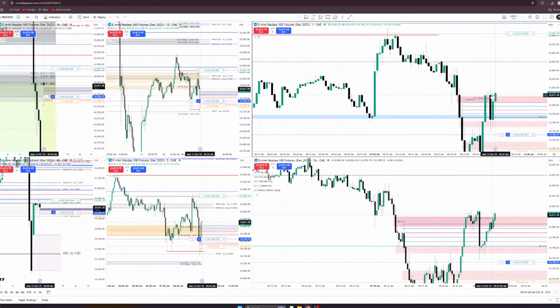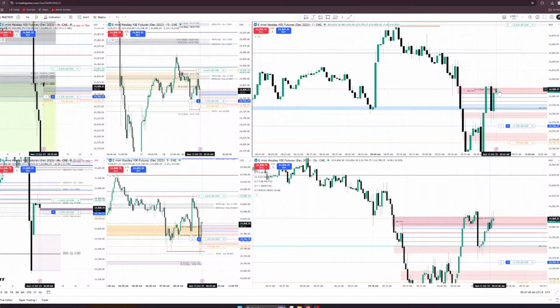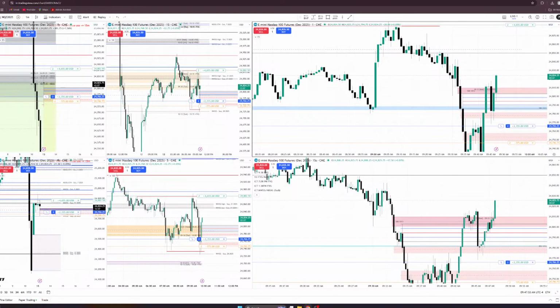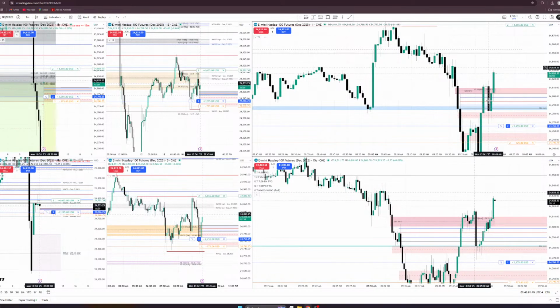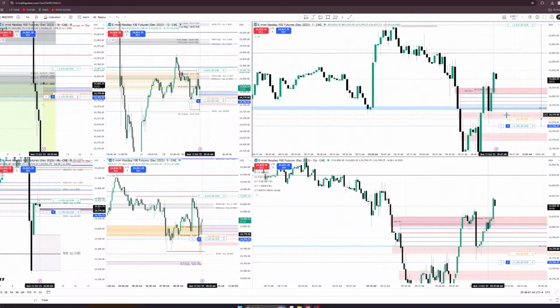So once price closes above this bearish candle with the body, still we have 15 more seconds for this candle closure. So we want to see this candle close above this bearish candle with the body. Then we'll have a bullish order block. So we have 5, 4, 3, 2, 1. Yeah. So we have a confirmation now. Bullish order block is confirmed. So then I will move my stop loss to the low of this fair value gap.